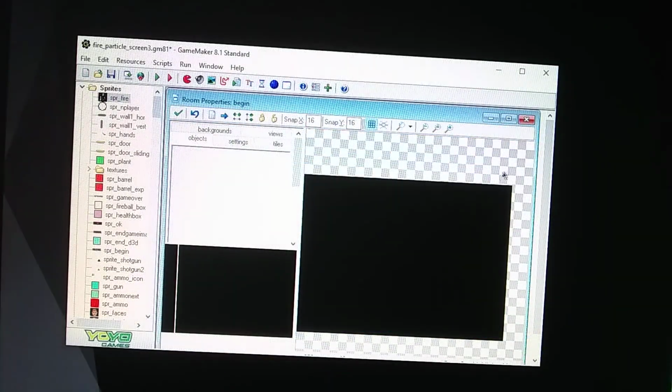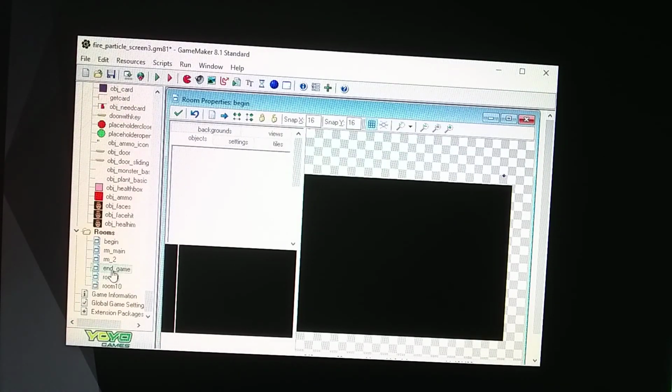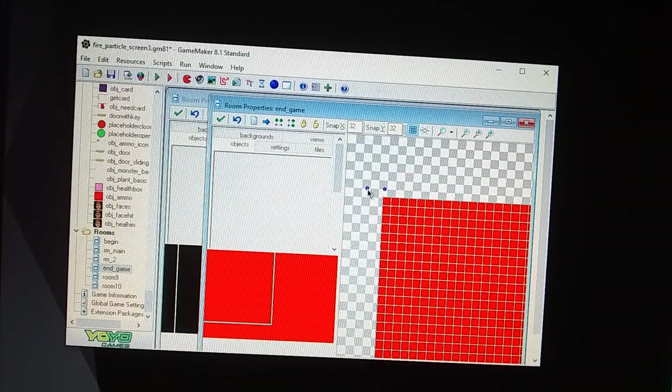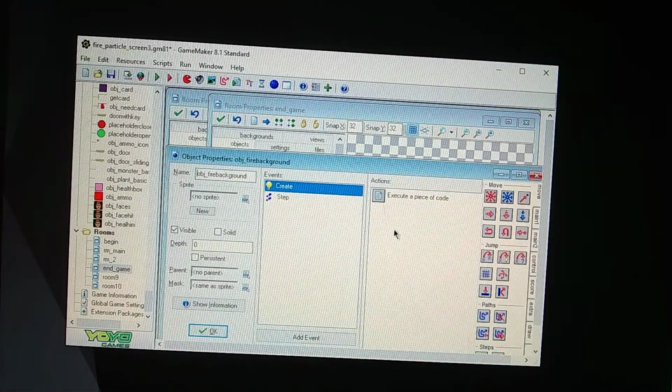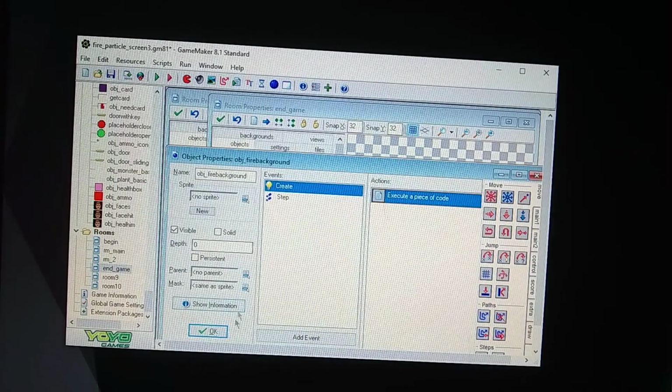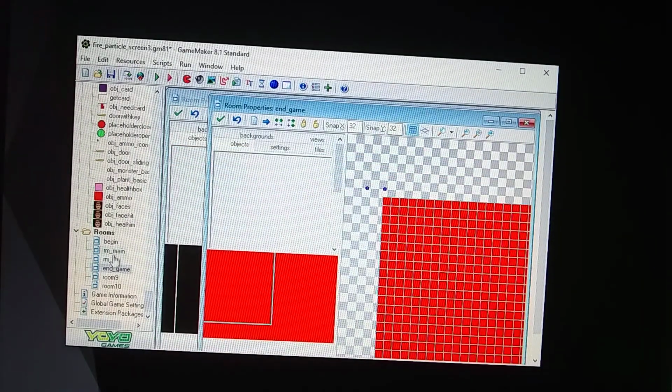So like I said, I have it on the main screen, the beginning screen, and also have it at the end screen. I have a question mark where it does the particles. And then in the main room and the second room,